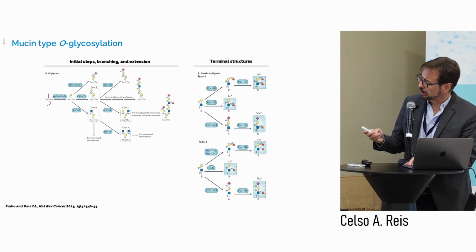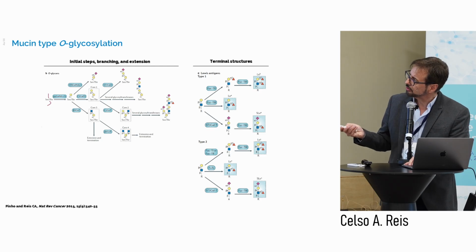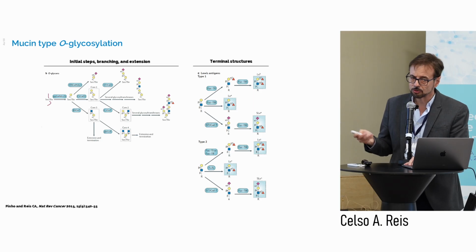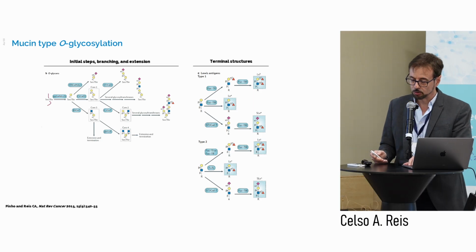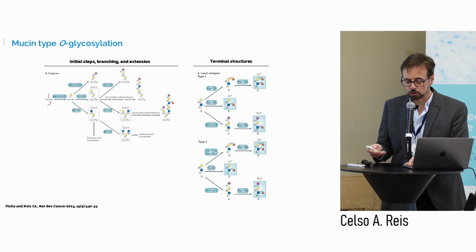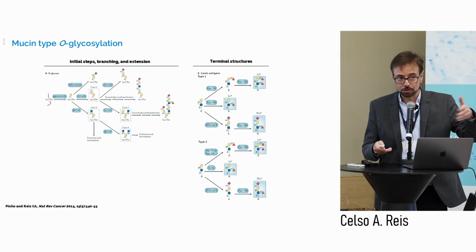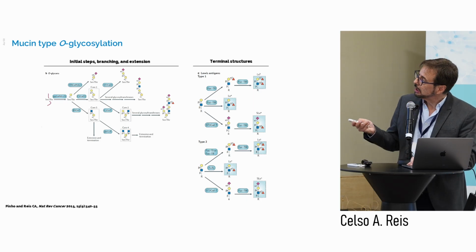Protein O glycosylation is quite different in some of the initial steps. For example, the first step in protein O GalNAc glycosylation is mediated by a family of 20 different polypeptide GalNAc transferases, so 20 genes are available. Of course, they have cell and tissue expression specificity. In normal cells, these O glycans are extended, with some branches making the different cores.